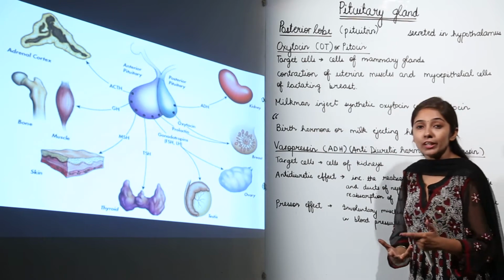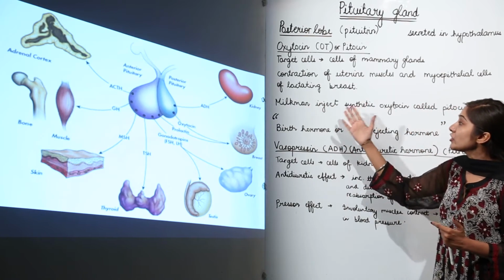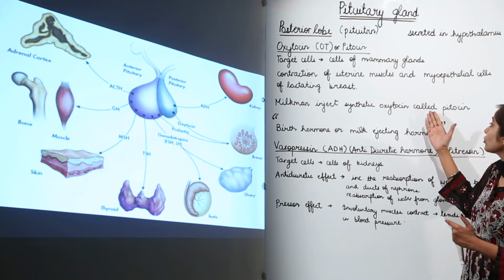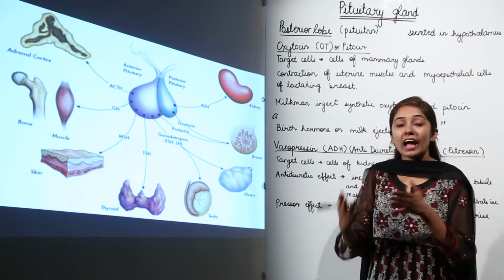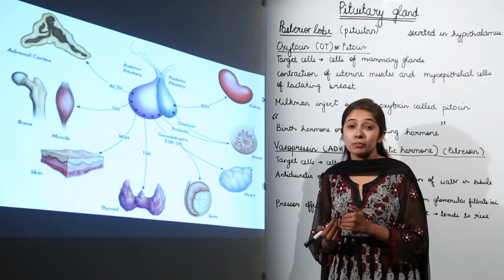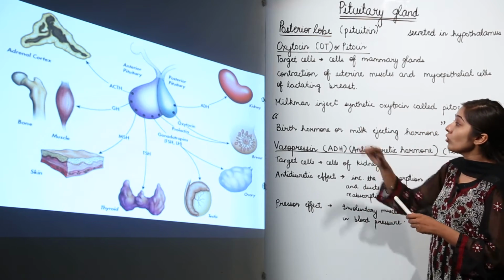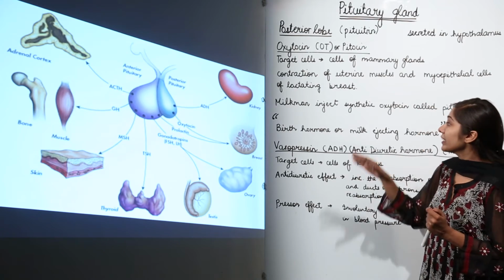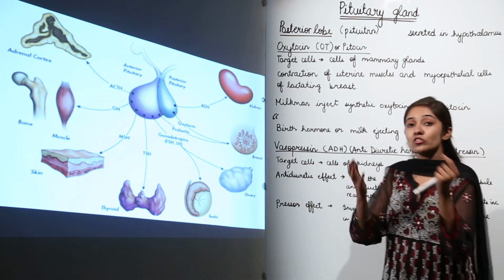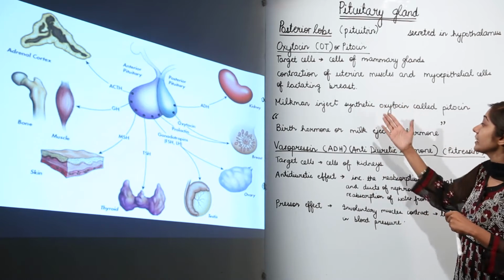Now what do milkmen do? Nowadays milkmen inject synthetic oxytocin, which is also called Pitocin hormone, into cows and buffaloes, so that they can have more of the milk from them. So this is not a good way of procuring more milk from animals. Why? Because the milk that you are going to drink is also going to contain this synthetic hormone